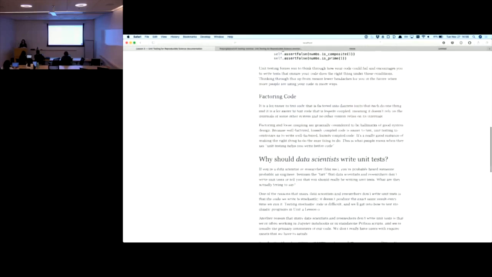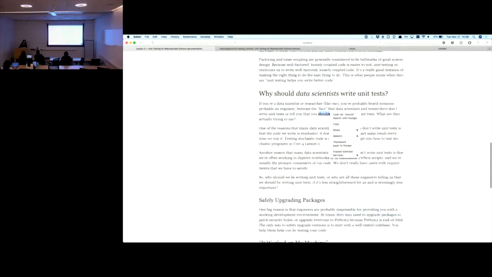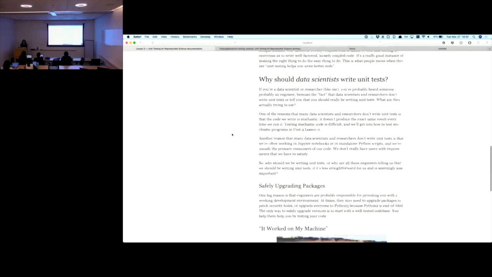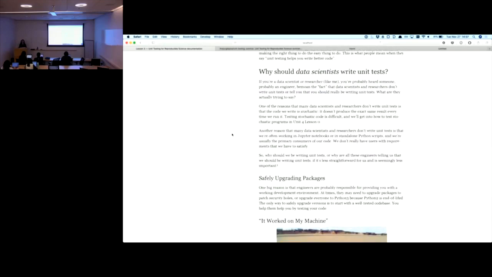So the last part I promised: why should everyone in this room write unit tests? And then we'll take a short 5-minute break. We're together for 3 hours, so I want to try to get 2 breaks in just so we're not falling asleep. So as I said when we first got started, if you're a data scientist or a researcher,